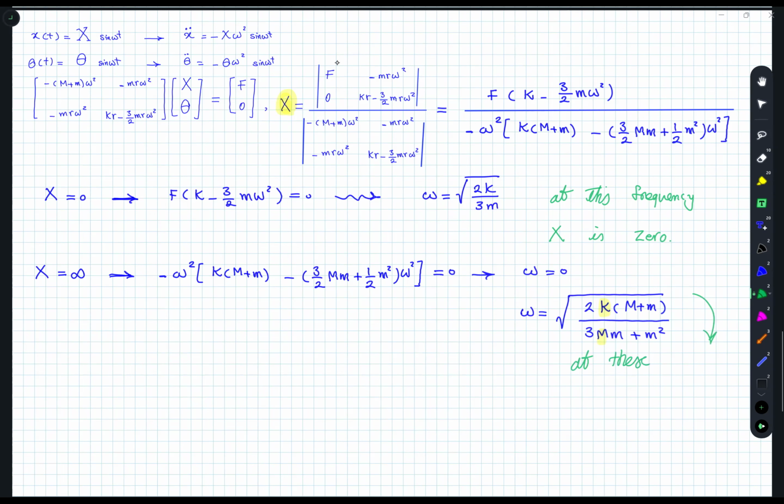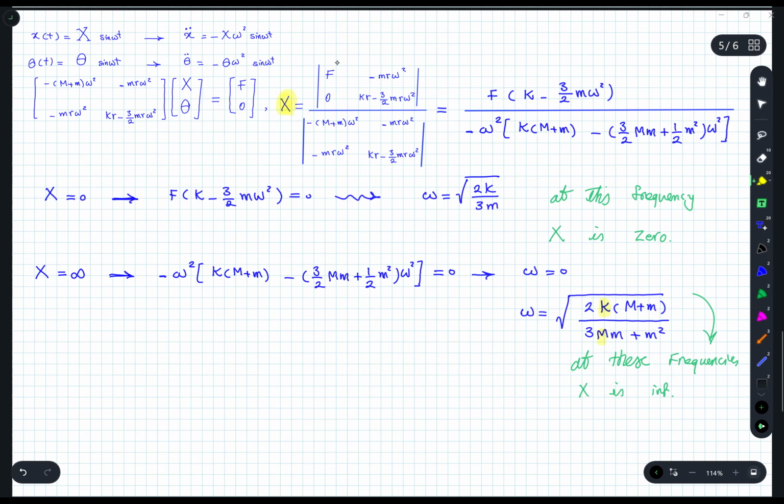Of course, this is the math, but if we pay careful attention, we notice